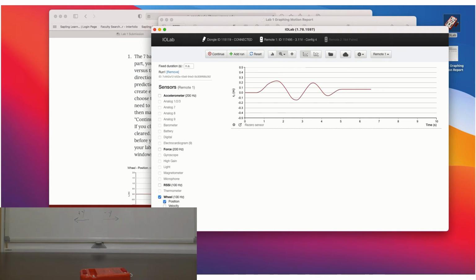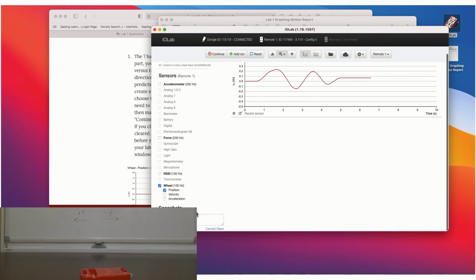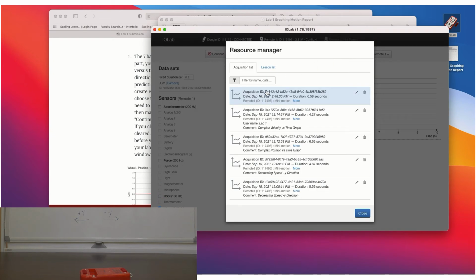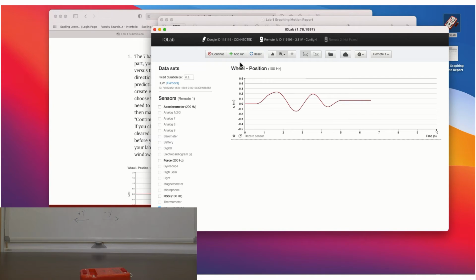You can also use the take a snapshot option down here on the bottom left of the software. And if you go up to this little folder at the top, it will show you all of your acquisitions. So if I started another one, clicking reset and beginning a new one, and I said, oh no, I forgot to save that,